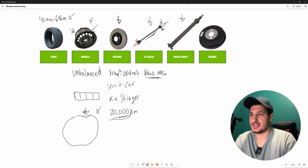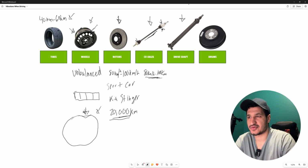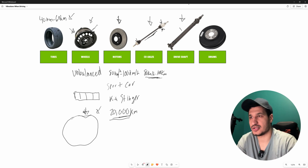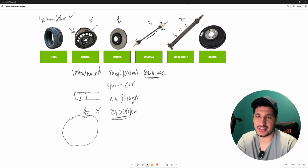All right, next up, drive shaft. So drive shafts have weights from the factory on them to balance them out. Especially nowadays, these drive shafts are aluminum and they're hollow. So any dent into them is going to mess up the balance on them, and then it's going to cause a